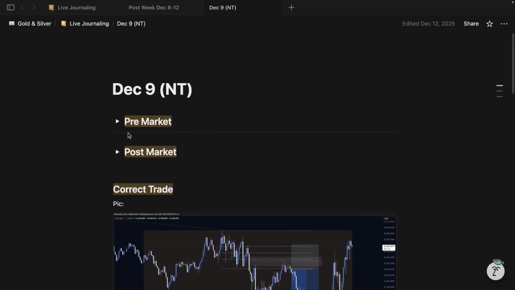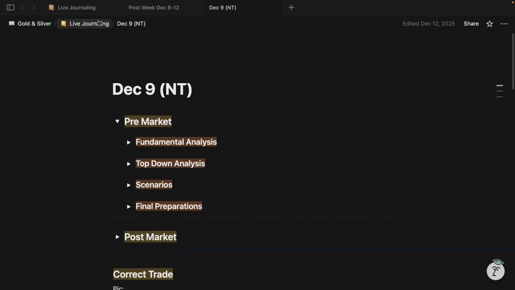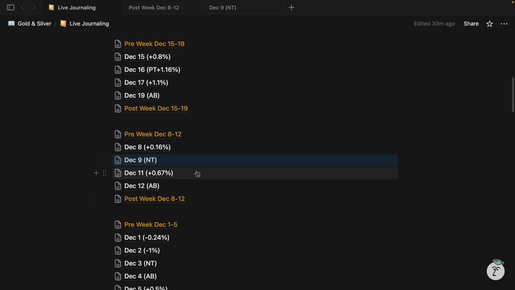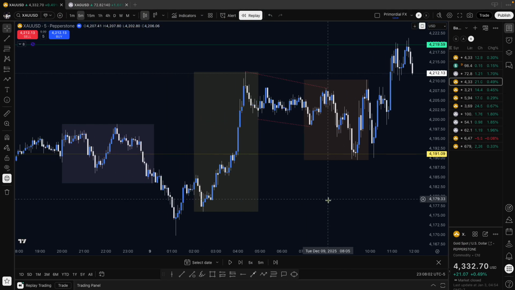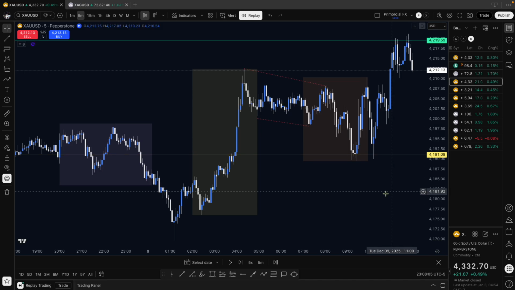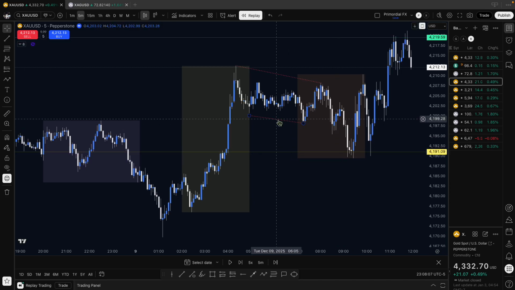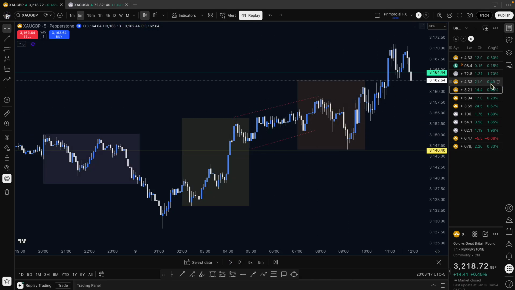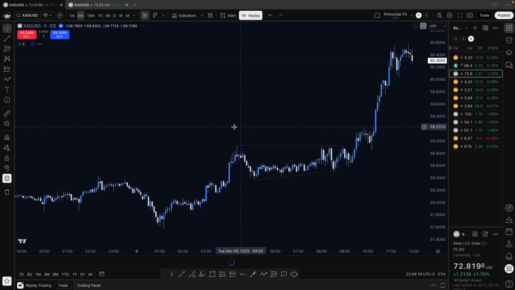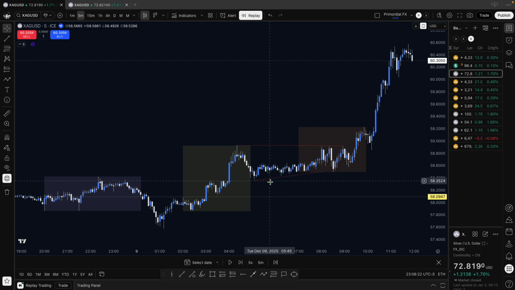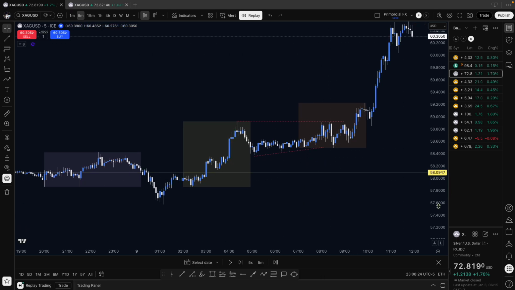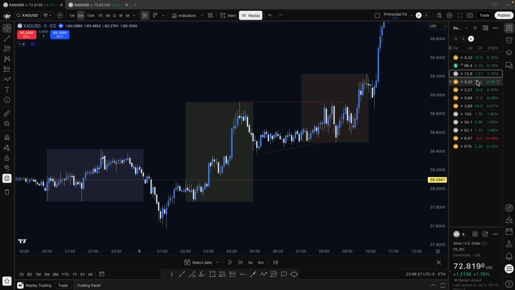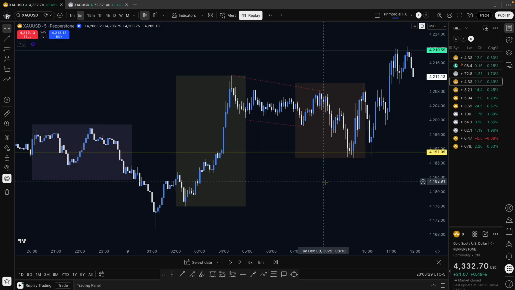Let's see. I didn't trade. So we can see that gold dollar has been showing some weakness compared to gold pound. Right, gold pound was rising and silver was kind of going sideways and rising for the lows, right? So